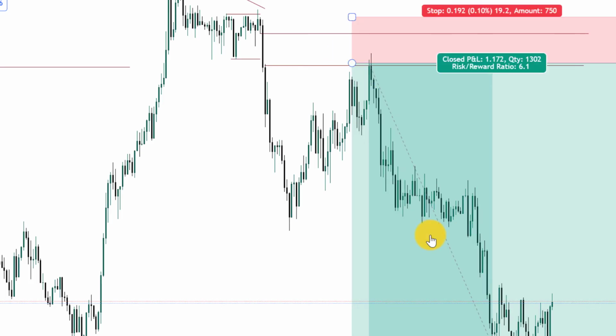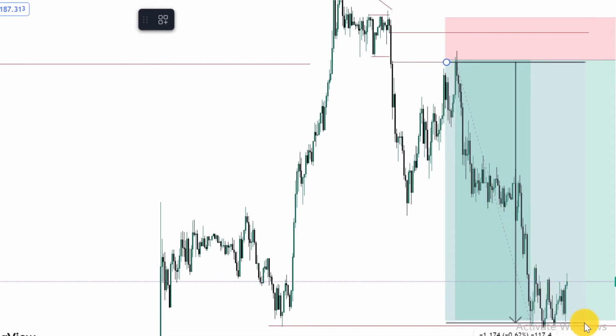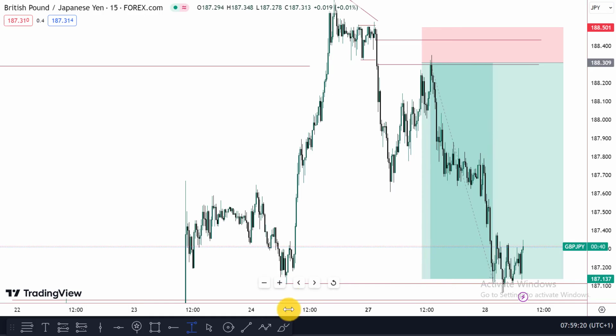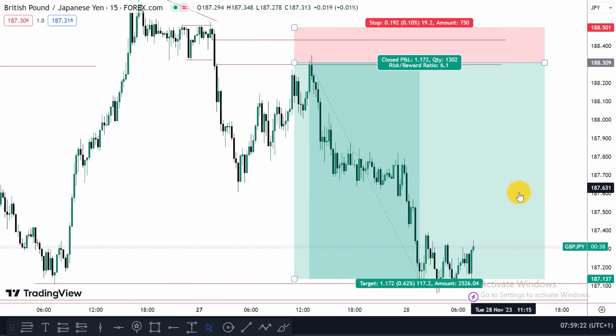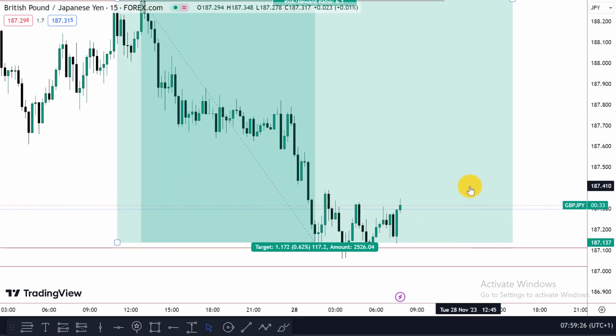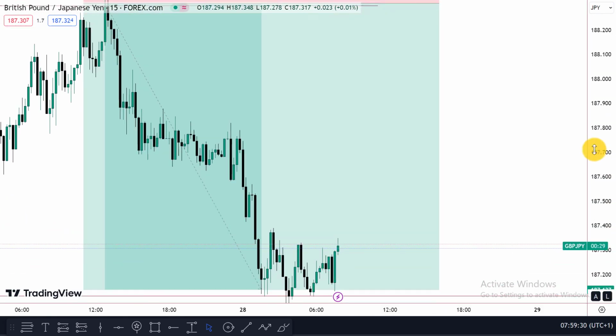Took the short here, and I bagged quite how many pips? Let me check. I think almost, you see that, 115 pips on GBPJPY. So today as well, once we see that shift of market structure, we like to buy this guy,